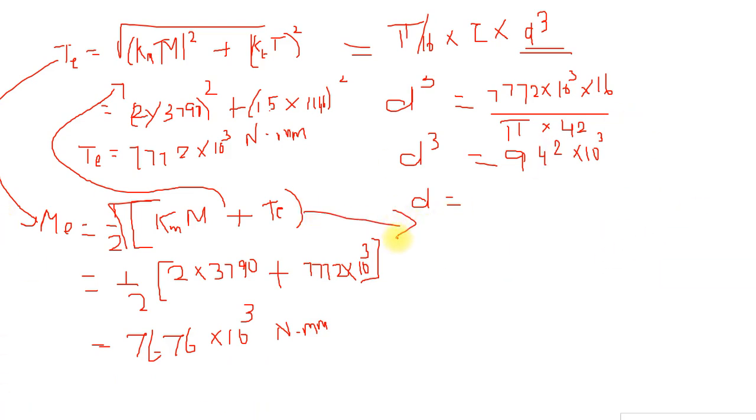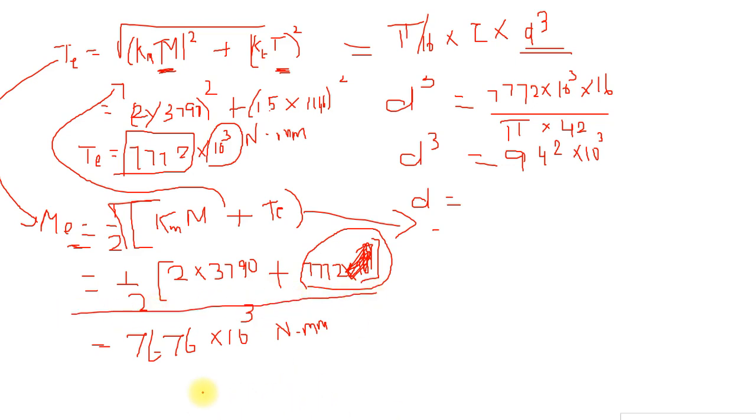The same formula can, yes, tell me. The moment is in Newton meter, and if you calculate it, you will have only this value alone, which is in Newton meter. I understand what you said: the values of M and T here I have put in meters, correctly in Newton meter. Yes, that is what I am saying. Here you are substituting in millimeter; you can avoid this 10 to the power. Am I right? Now it is correct.